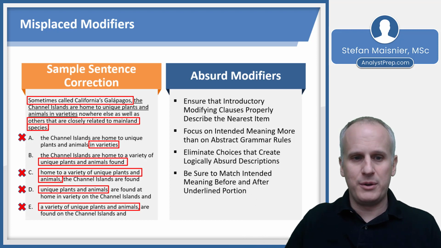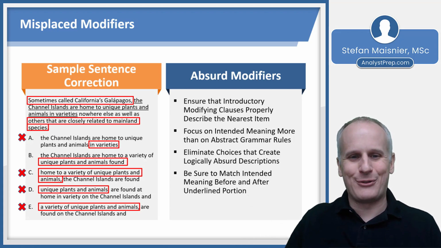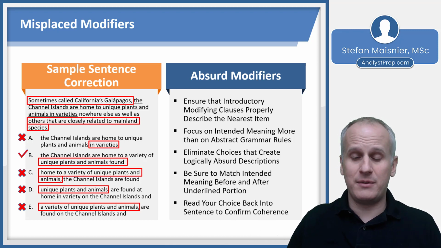So if we read at the end, "Sometimes called California's Galapagos, the Channel Islands are home to a variety of unique plants and animals found nowhere else, as well as others that are closely related to mainland species." That, when we read it back into the sentence, confirms coherence and everything makes sense, and we select that answer